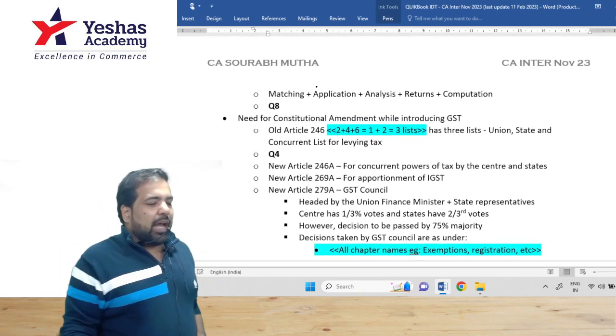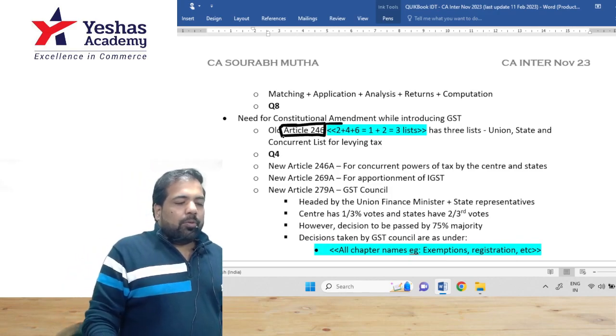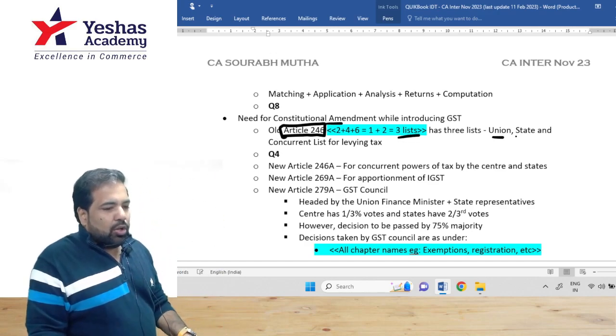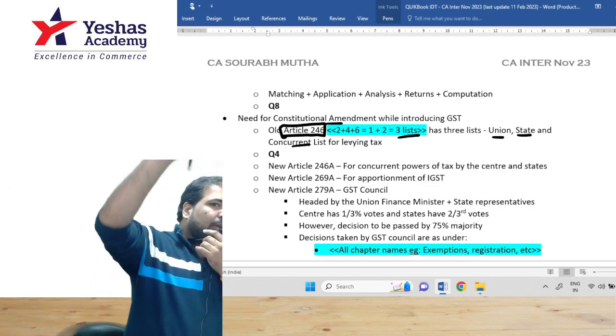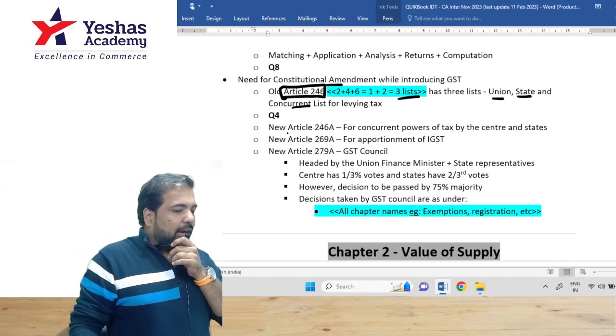can do. Guys, are there constitutional amendments? Earlier, there was an article called how many lists did it have, guys? Three lists. Yeah, three lists. Which are the three lists? State, guys, concurrent list had a problem. They didn't have what? Tax. So they had to put tax in it by introducing a new article called Article 46A, which put GST in